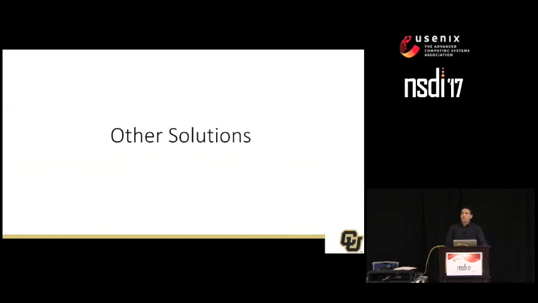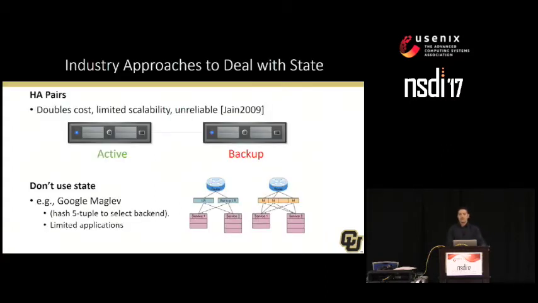Now, we are not the first to raise the issue of state and network functions. Both industry and academia have tried to address the challenge with state. Industry has been dealing with state largely in two ways, and each has limitations. One, the traditional approach for dealing with reliability is having high availability pairs. Because the instances have to sync their state, this has a huge overhead, and such systems cannot scale to more than 2 instances. This really caused the industry to scale up, meaning getting a bigger box rather than scaling out.